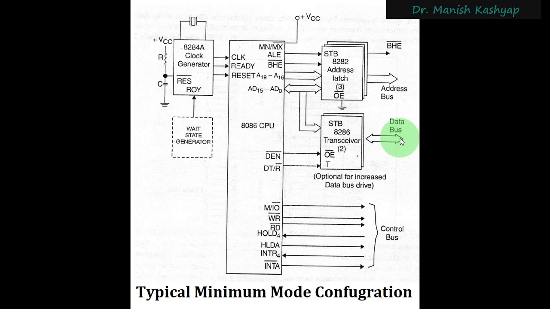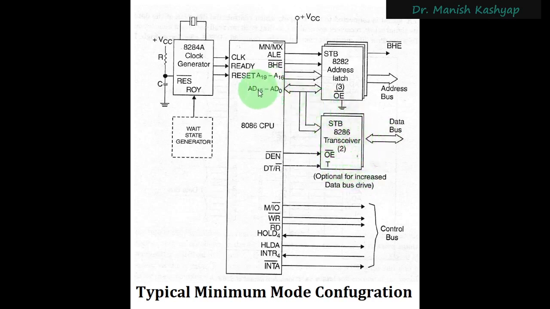So you might be aware of this fact from your digital logic course, that as a logic 1 level travels onto a wire, because of the length of the wire and the propagation of that logic 1 level, it might sometimes become 0. That is why we need some signal boosters somewhere, right? So this transceiver 8286 IC acts like that booster only.